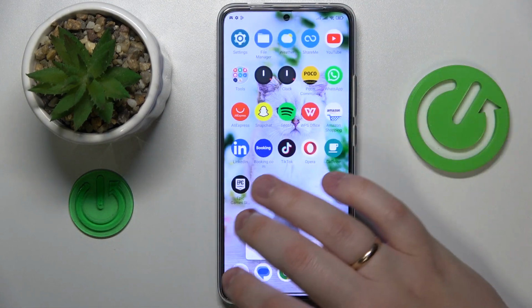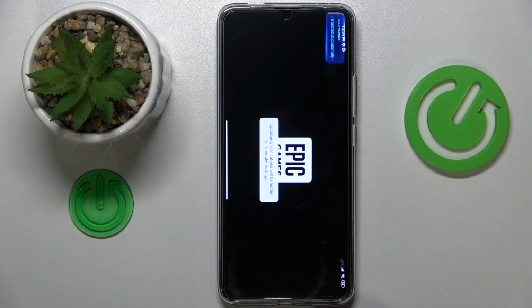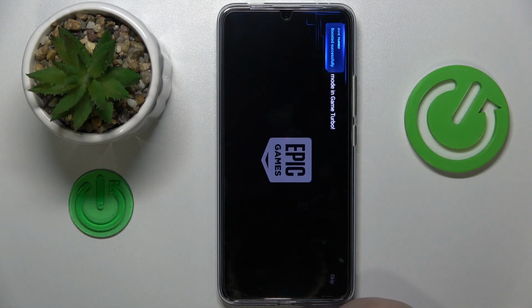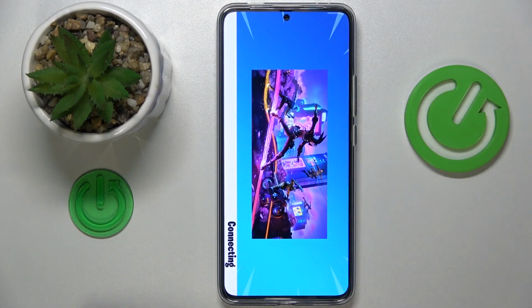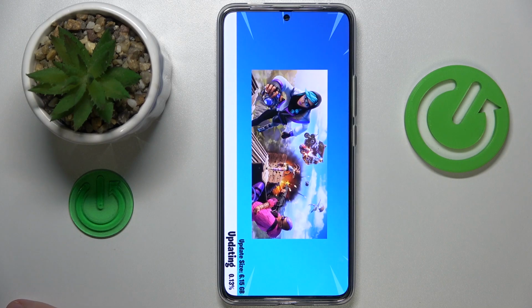And then simply launch the game and wait for another, I don't know how much time, I would assume 15, 20, 30 minutes, depending on how fast is your Wi-Fi connection, for the game to download all the remaining updates, resources, and what's not. And after this download will be finished, you will be finally able to start playing the